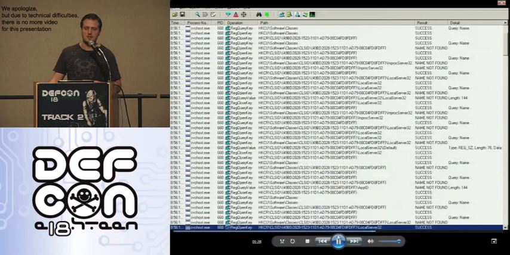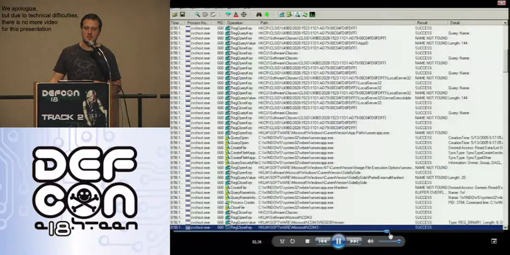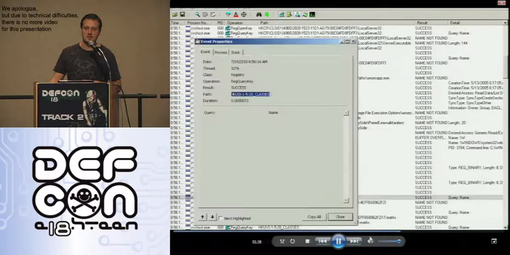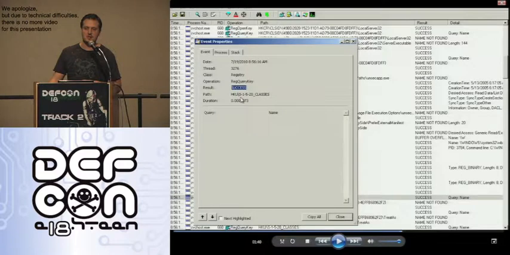I found something interesting. You can see here HKEY_USERS\S-1-5-20\Classes. This is the Classes subkey for the network service account. The S-1-5-20 SID is the SID of the network service account, and this is the user key from that user